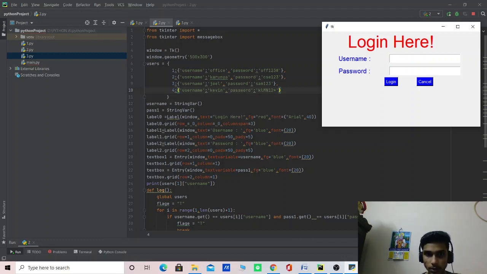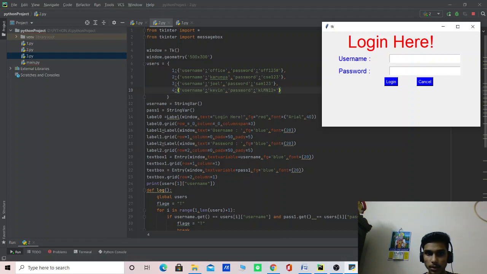In label 0, we are giving the text login here in red, and the font is Arial size 40. The grid is used to place it in the right position here. Then in label 1, we are giving username in blue color and font size 20, with the grid function to place it in the correct position.